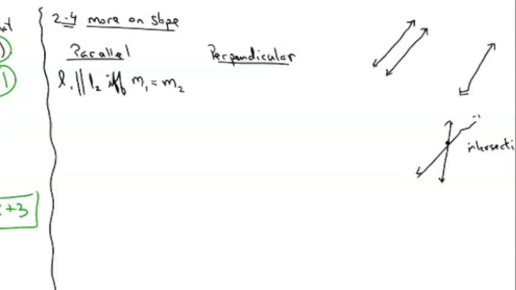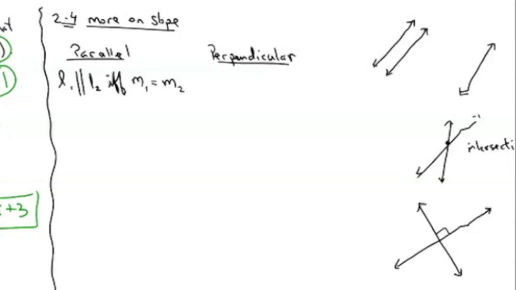Perpendicular, on the other hand, what does it mean to be perpendicular? Are they just intersecting lines? At right angles. So there are two intersecting lines in a plane that form a right angle. All you need is one. It forces all the others to be right angles. All right, so perpendicular is a little stranger. Parallel is easy to show, the slopes are just equal. Perpendicular, the relationship between the slopes is really strange. Do you want to see the proof? Please say no. It'll take a half hour.